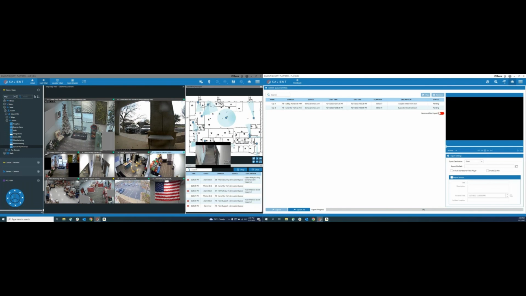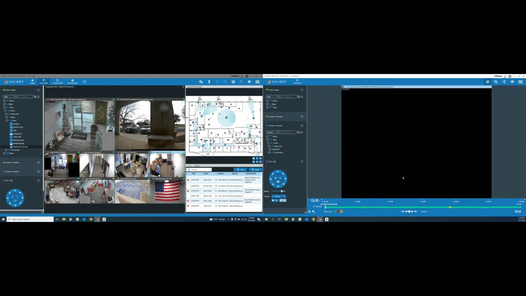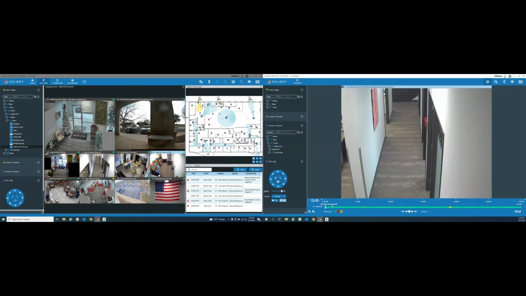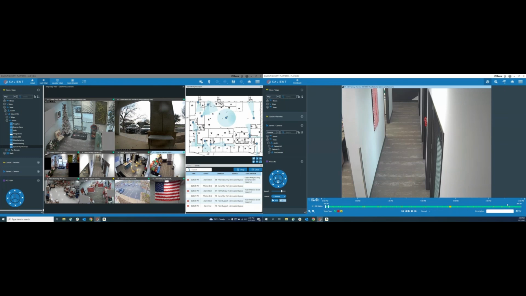We could do an investigation for the next camera within here. It's going to pop right to where I exactly left off at 12:59 and 25 seconds. And we can do this as many times as we need to. Again, if it makes sense to take a snapshot, you have that capability right here, but I can export the video. I can choose not to put a name on the event right there or a description,